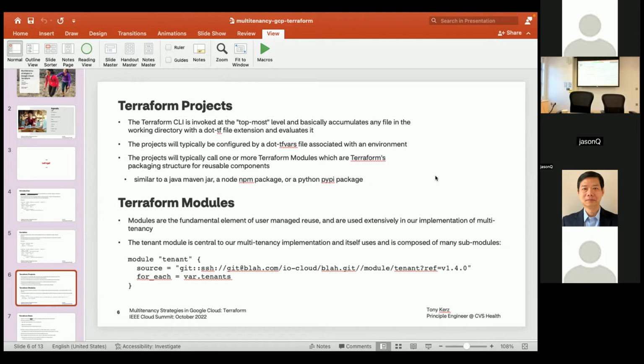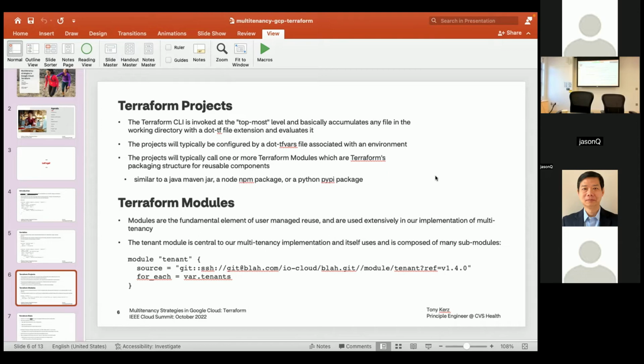And when we talk about multi-tenancy, there's a strategy where you can create or support multiple tenants in a single GCP project. And there are trade-offs to this, but in some cases, like creating a new project in GCP, maybe it would take several weeks to provision a